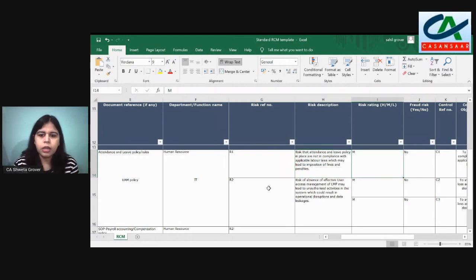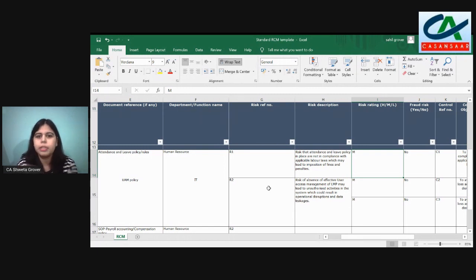Now risk rating depends on your organization structure, your organization capacity, and, as I have told earlier also, especially on the purpose for which you are preparing this RCM. If you are preparing this RCM for IFC purpose, the risk could go to low. If you are preparing RCM for HR purpose, the risk would go to medium. Obviously for this particular process, it won't go to high risk. But if it's a non-compliance with labor laws or something, then it will go to high risk.